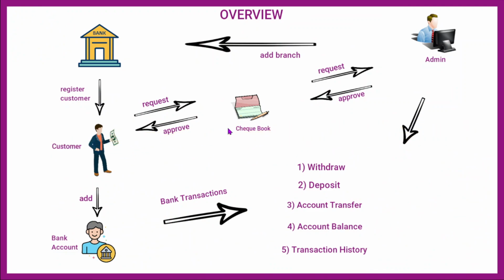So now let's see basic overview of the project. So as we know, our online banking system project contains two modules, that is administrator module and the customer module. So firstly, admin will register and log in into the system. After the admin logs in, firstly he will add multiple bank branches. After adding the bank branch, admin can register customer in the bank branch, and now he can also add customer bank account.